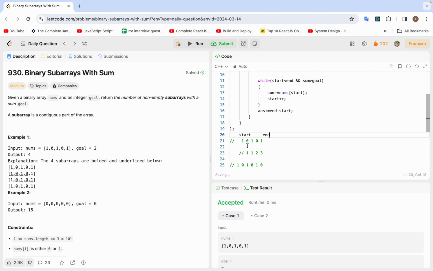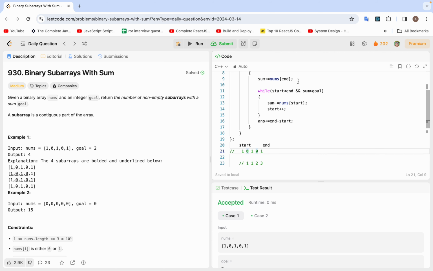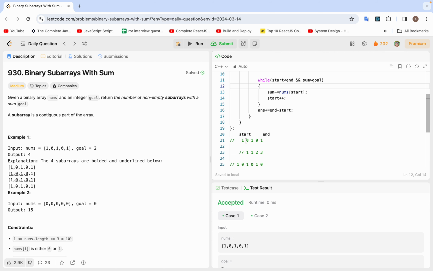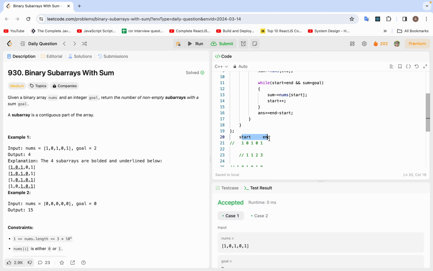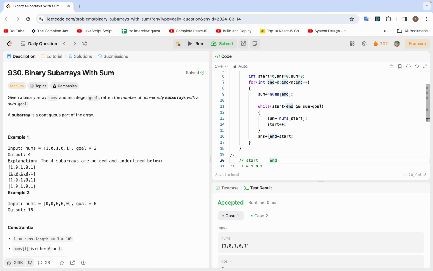So 0, 1, 2, 3, 4. Now 4 minus 0, sorry, yeah, right. 4 minus 1 is equal to 3. So 4 minus 1 is equal to 3, which means there are a total of 3 arrays in between these two, which is equal to,